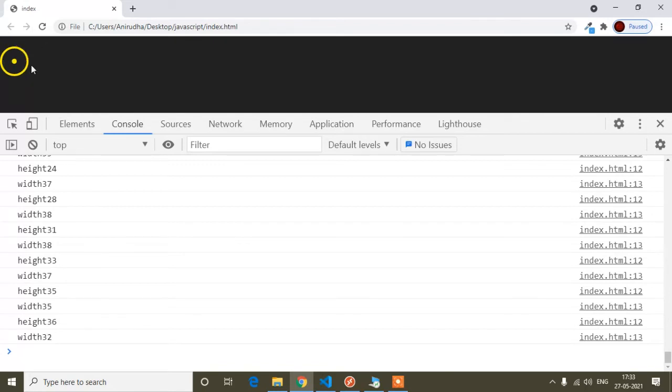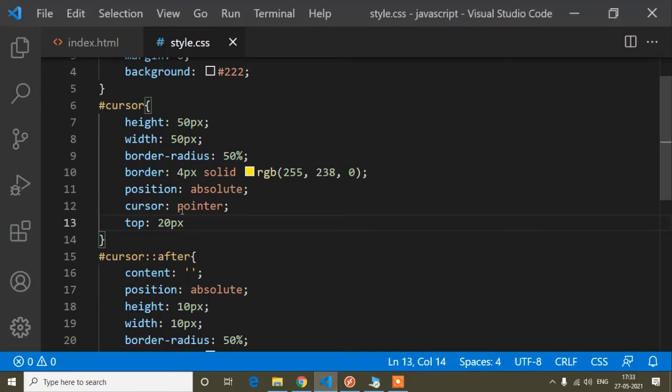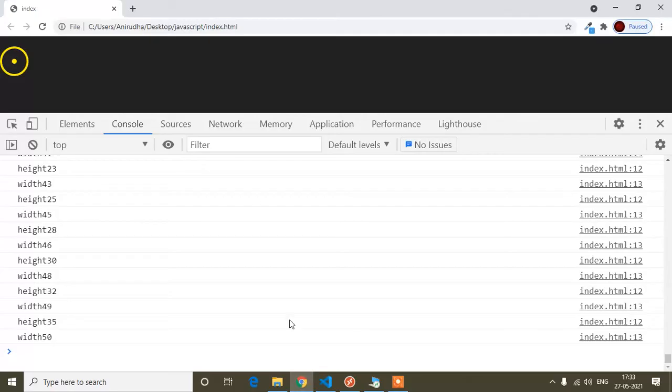So that means here I can set left and top. If I set the left and top property values, the cursor will move. You can see that when I'm moving my cursor, I'm getting the height and width of the cursor's position. So if I use top and left, top is the height and left is the width. If I add the same position to this element, the element will also move with my cursor.